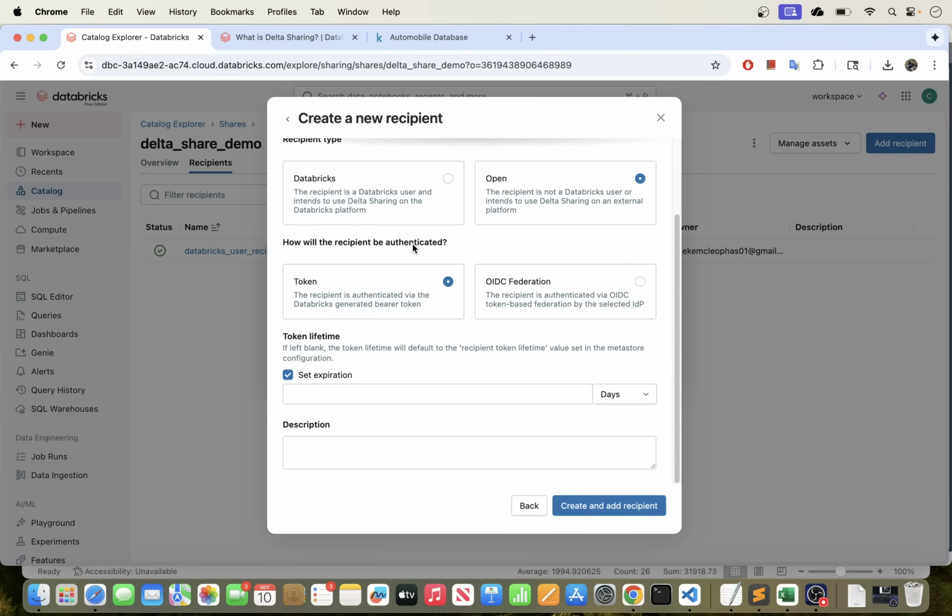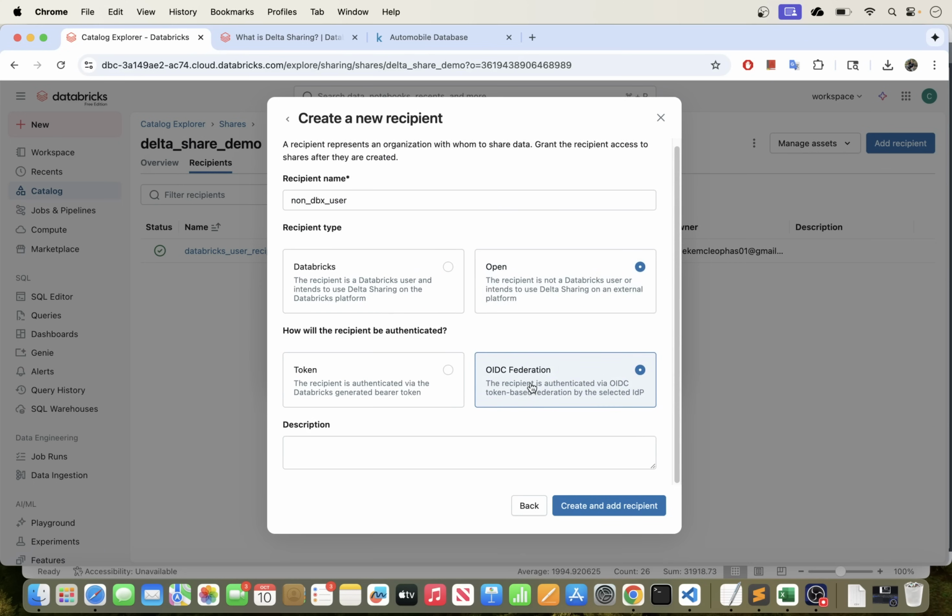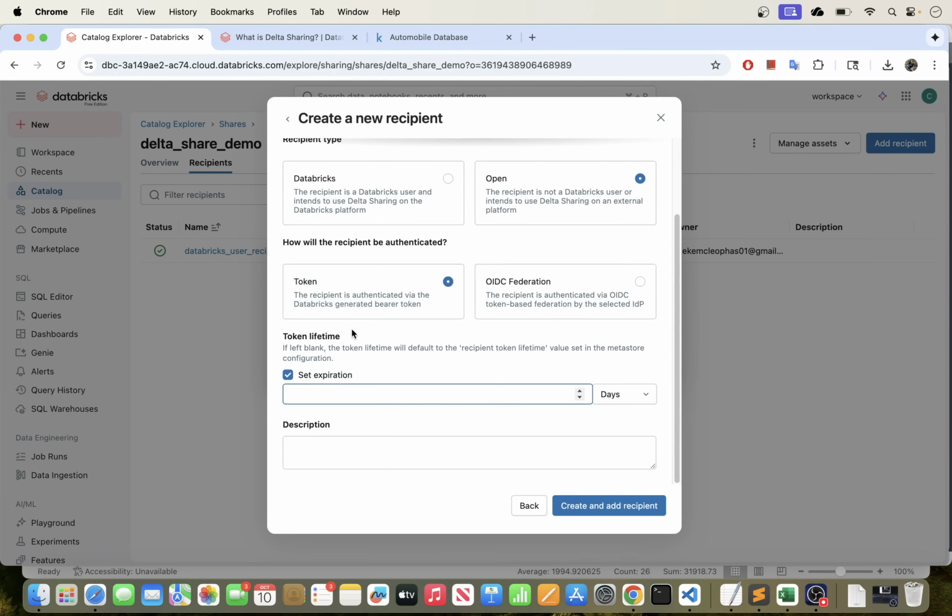So here we have two options to authenticate: the token or OIDC federation. With this token, the recipient is authenticated via a Databricks-generated pair token, or with this other one, they will be authenticated via OIDC token-based federation by the selected IdP. So let's go ahead with this token here. And for this token, you can give a token lifetime, so you can set the expiry date for this token. So for that, let's just probably do 1 day,